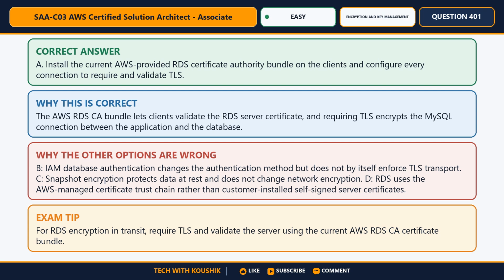Why are the other options not correct? B. IAM database authentication changes the authentication method, but does not by itself enforce TLS transport. C. Snapshot encryption protects data at rest and does not change network encryption. D. RDS uses the AWS managed certificate trust chain rather than customer-installed self-signed server certificates. Exam tip. For RDS encryption in transit, require TLS and validate the server using the current AWS RDS CA certificate